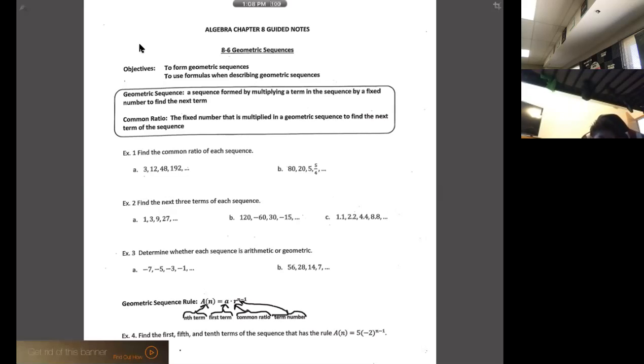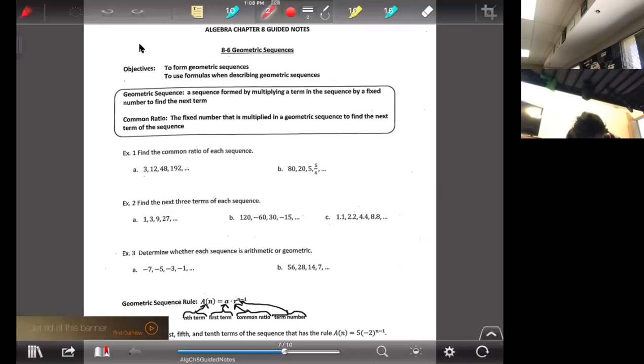Before we start with geometric sequences, we're gonna go back in time. I don't know how long ago it was, but I taught you something else. It was called arithmetic sequences. And arithmetic sequences and geometric sequences have something in common. They're both sequences. And sequences is just a fancy name for a pattern of numbers, okay? So let's do